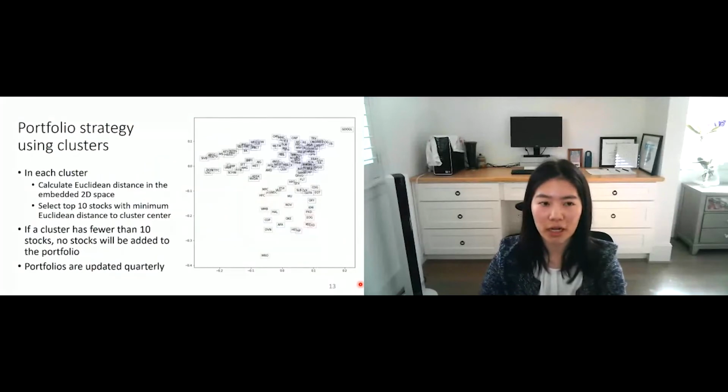And now we'll talk about how we generated portfolios using the clusters. So for each cluster, if it had more than 10 stocks, we chose the 10 stocks with the minimum distance to the cluster center to enter the portfolio. And if a cluster had fewer than 10 stocks, we did not add any stocks to the portfolio from that cluster. And so we always had at least 10 clusters per quarter, but we only had 3 sectors, tech, energy,